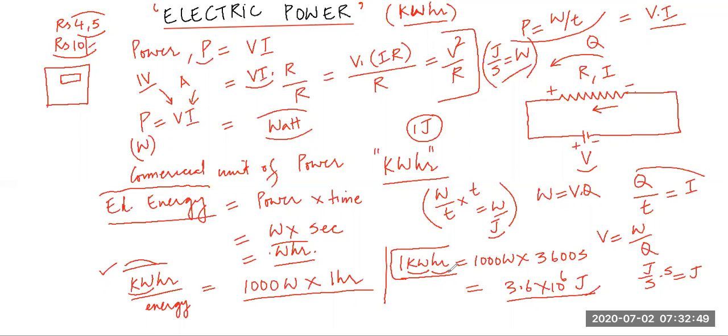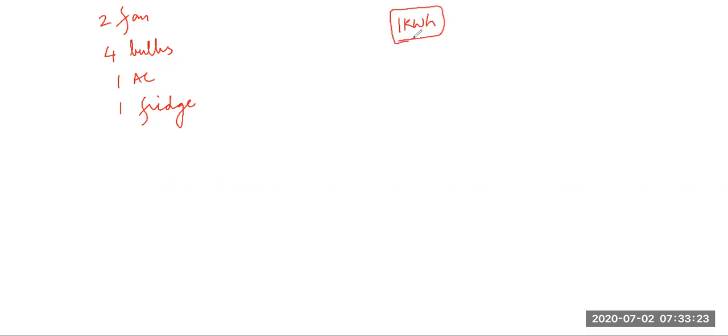Now see guys, let's say in a house we have 2 fans, 4 bulbs, it's a small house maybe, 1 AC, 1 fridge, maybe something else, fine. So let's calculate how much kilowatt hour, how many units of electricity comes for a month,